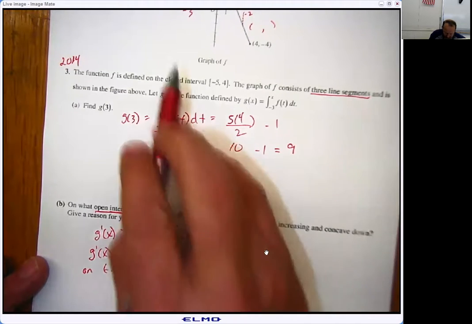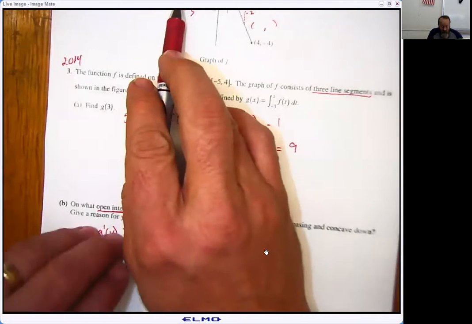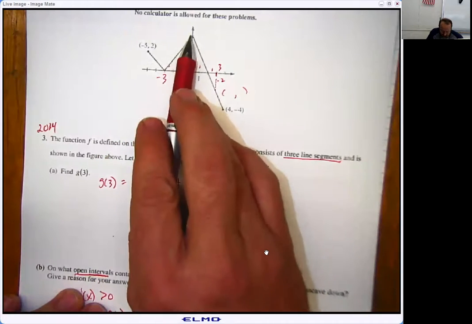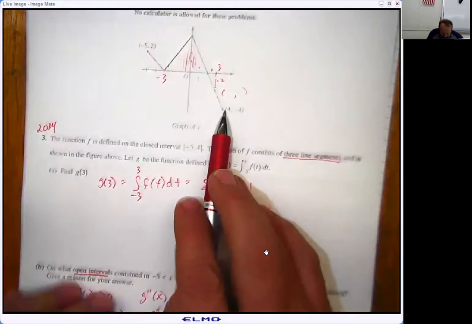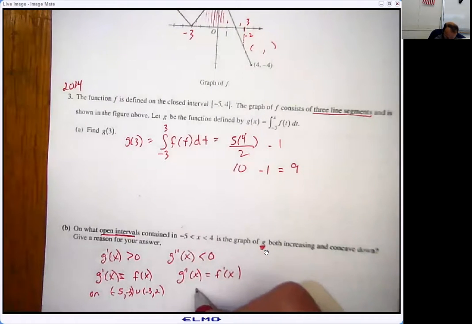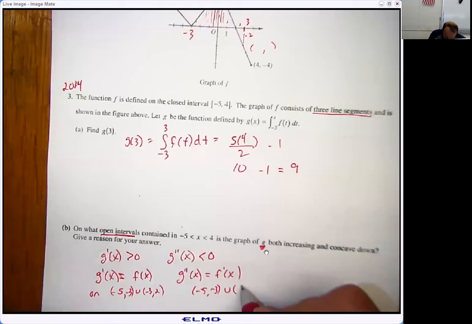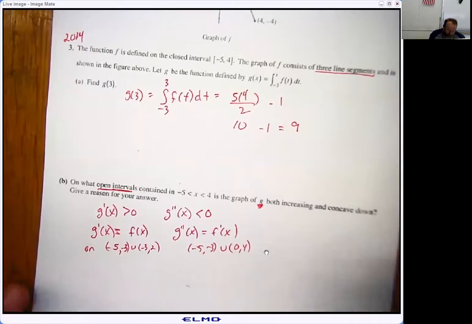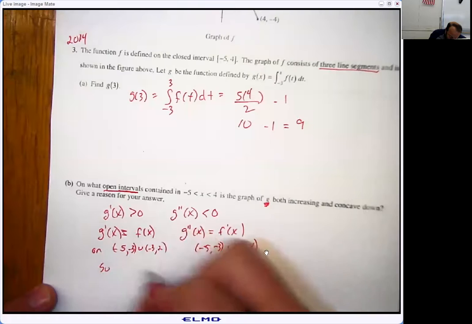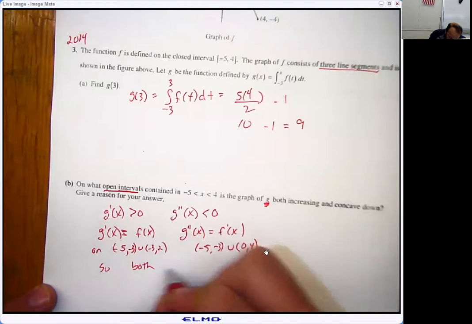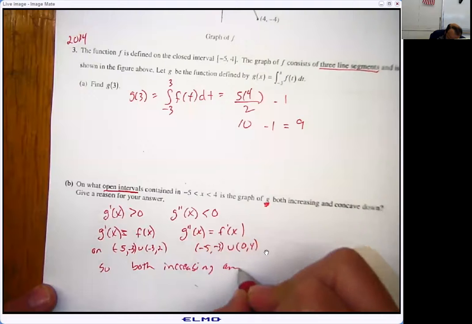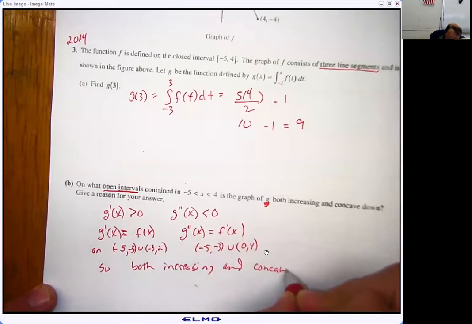Well, that would, of course, happen on this chunk right here from -5 to -3, and then from 0 to 4. So from -5 to -3, unioned with 0 to 4. So it appears that according to that, so both increasing and concave down